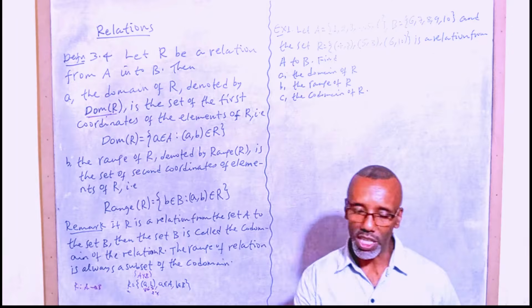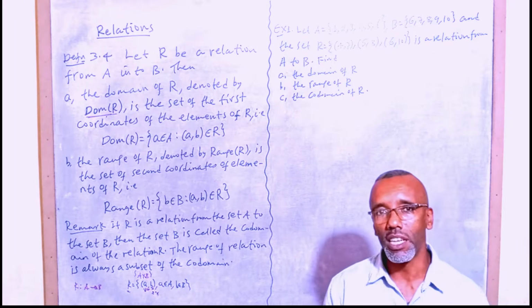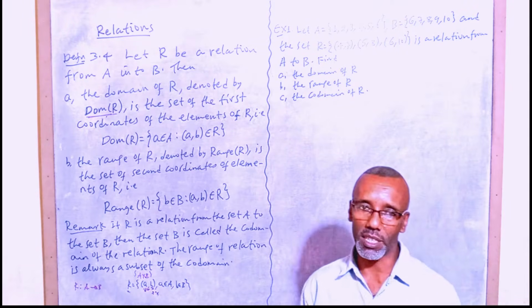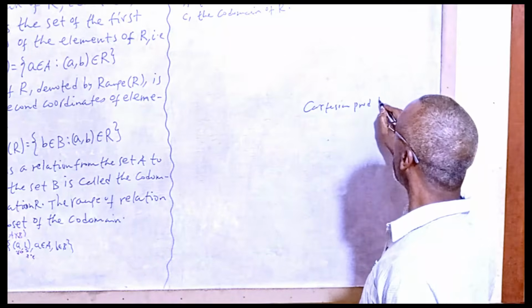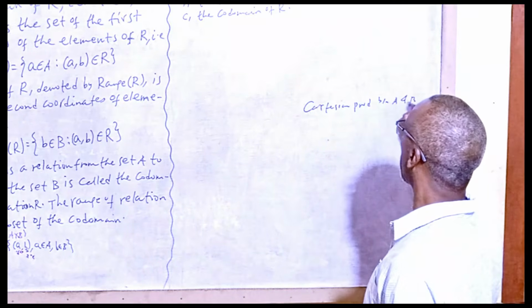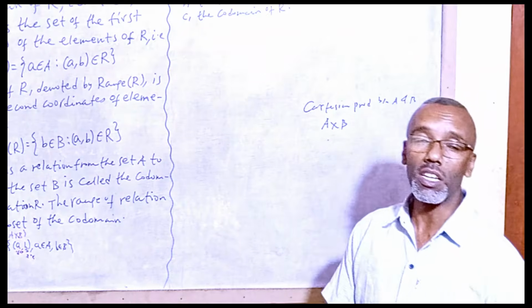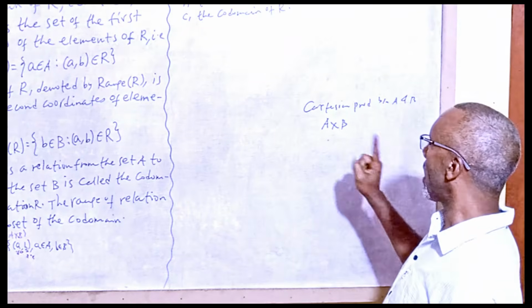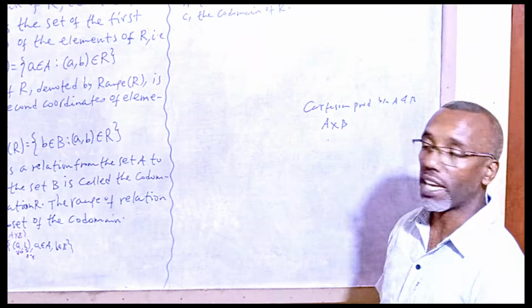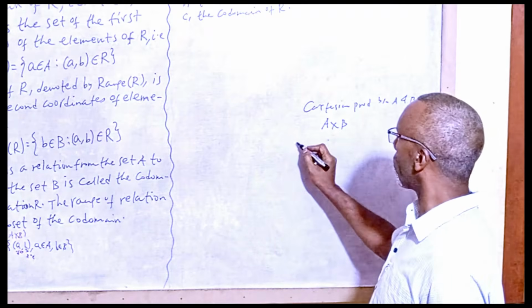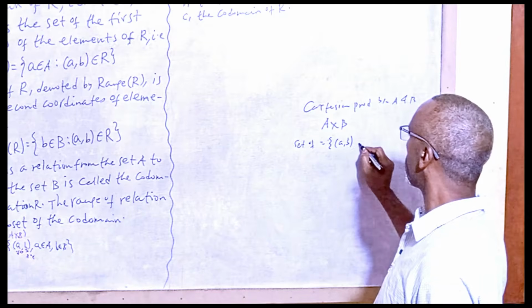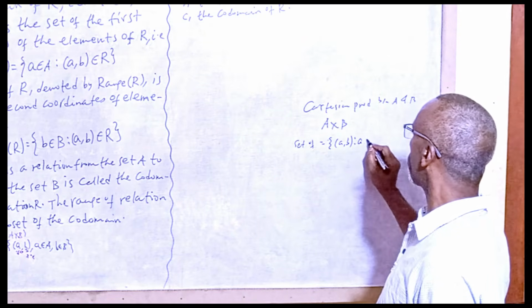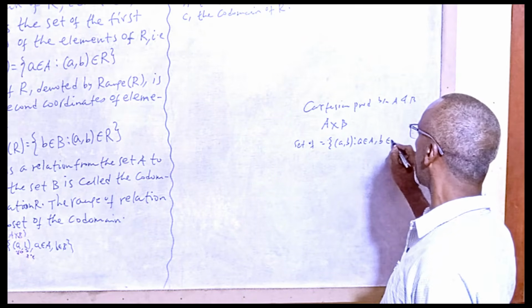ባለፈው ስንመለከት የነበረው given two sets A and B ቢሰጠን, we have defined the Cartesian product. Cartesian product between A and B ማለት ምን ማለት ነው? The set of all ordered pairs (a, b) such that a is an element of A and b is an element of B ማለት ነው።